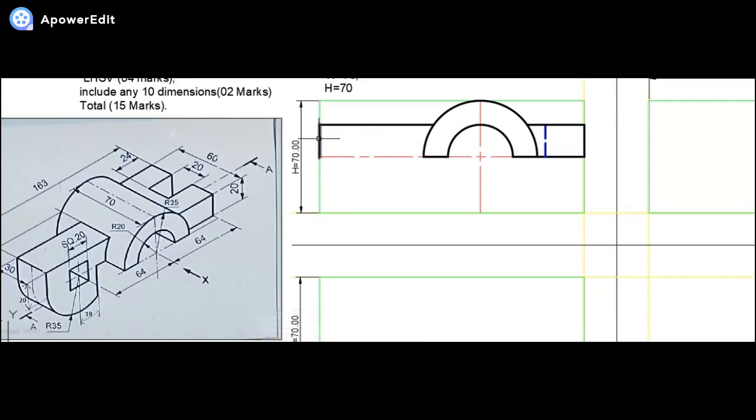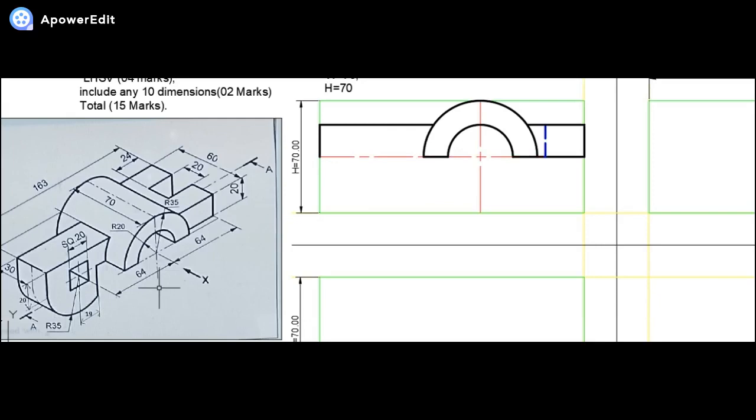From here, overall from the top it comes till here as 20. We have already constructed this 20 mm, and beyond this it will go at a distance of 35. Beyond this the distance is 35 mm. So I will get that particular distance and construct this quarter circle now.